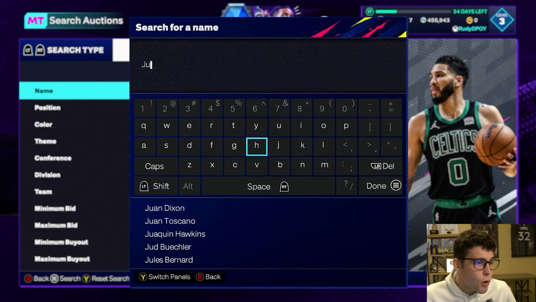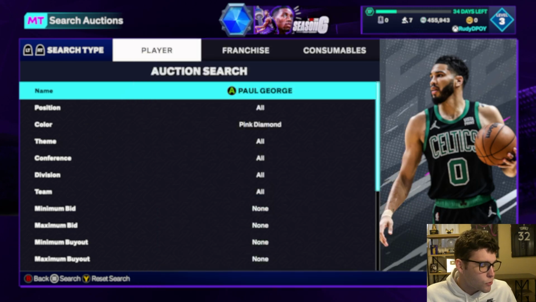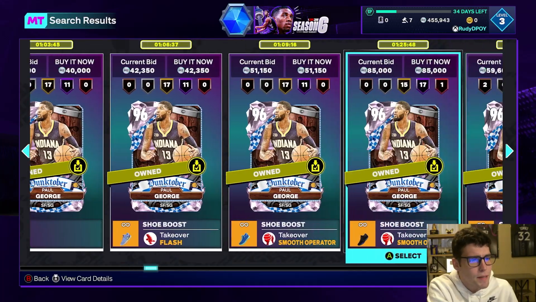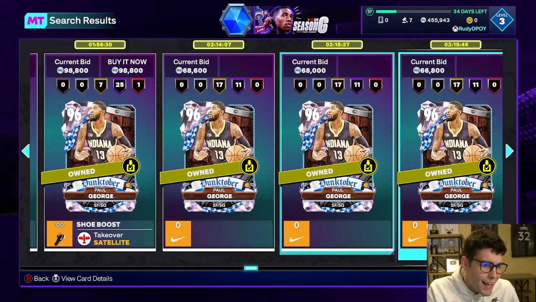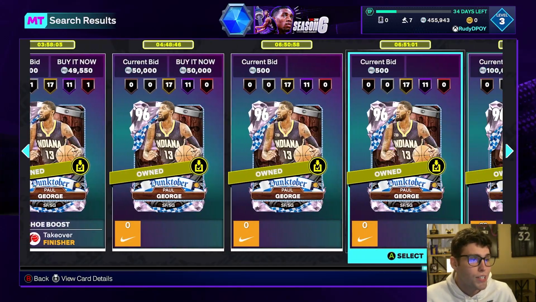Same thing with Pink Diamond Paul George, right? I still got him on my No Money Spent account. Why? Because his 3-ball is so good. But look at his price. His price continues to go down because so many people are getting this card. And guess what? If you can take advantage of that and pick up the Paul George that you're wanting,